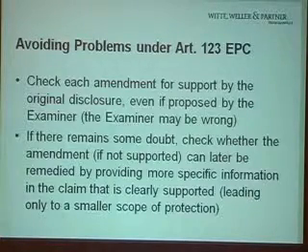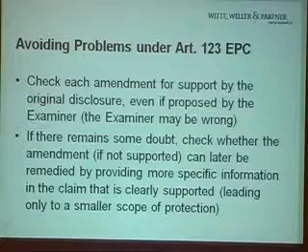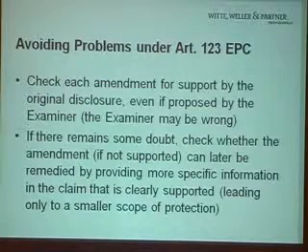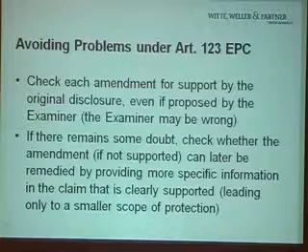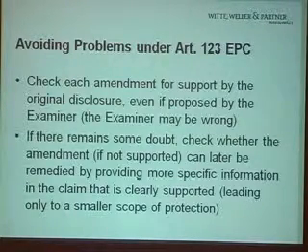So a patent may be granted just because the examiner suggests, why do you not enter this feature into the claim? And the patent will be granted, and later on you may find out there's no support, and then you run